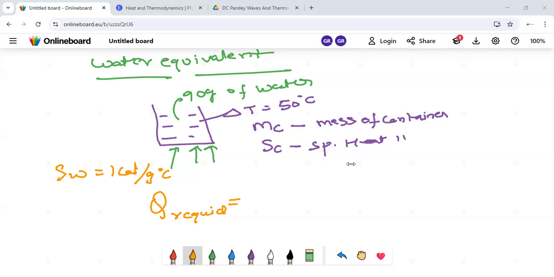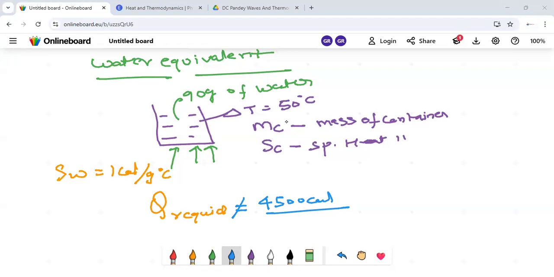Guys, let me give you the answer. The answer is, delta T is 50 degrees Celsius, that is the rise of temperature. The answer here will not be 4500 calorie, which some of you might have calculated. 4500 calorie will be our answer